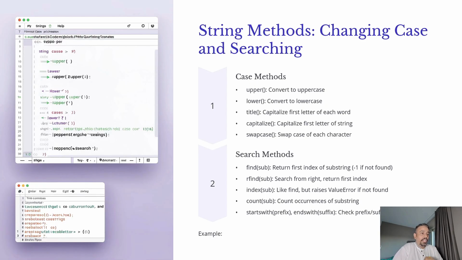When you use count, it tells you how many times a substring appears in your string. Then startswith and endswith return true or false based on the string's beginning and ending. These methods are case sensitive by default, but some of them can be adapted